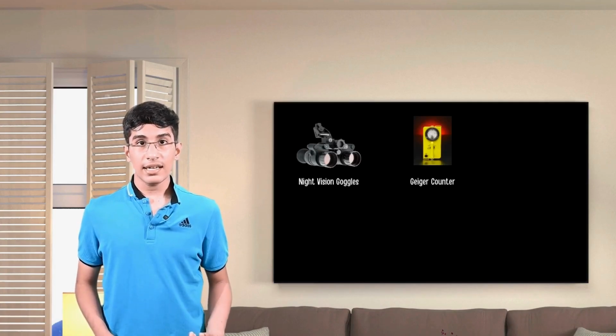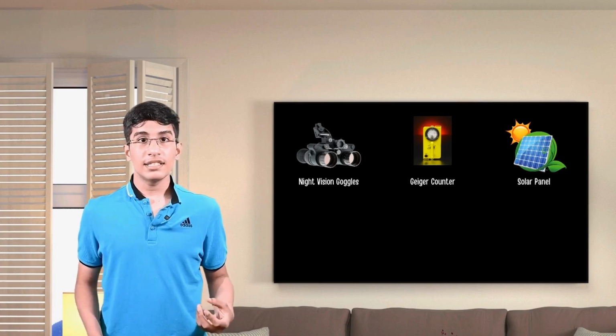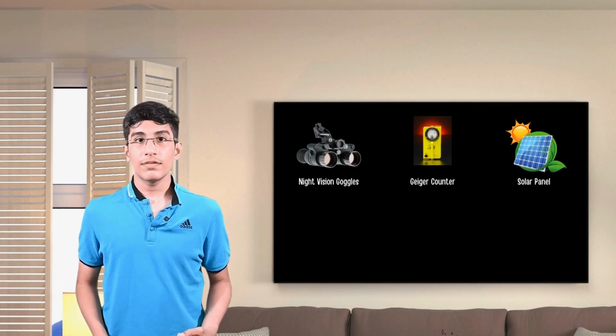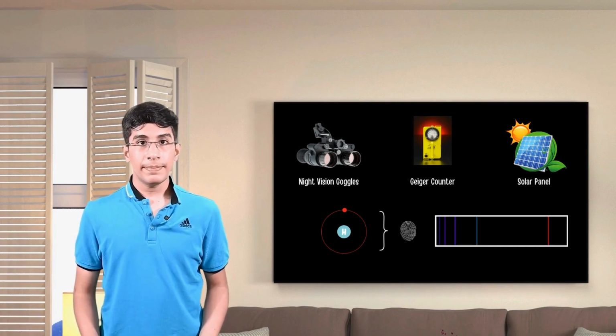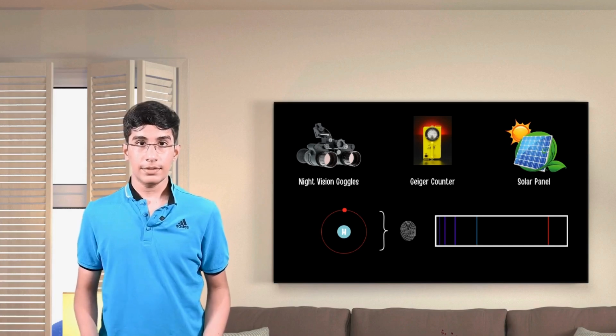This effect is actually incredibly useful, used in things like night vision goggles, the Geiger counter, solar panels, and it is the motivation behind the invention of the first model of the atom that explained atomic spectra, which is basically the fingerprint of atoms. The explanation of the photoelectric effect by Einstein changed the course of modern physics, changing how